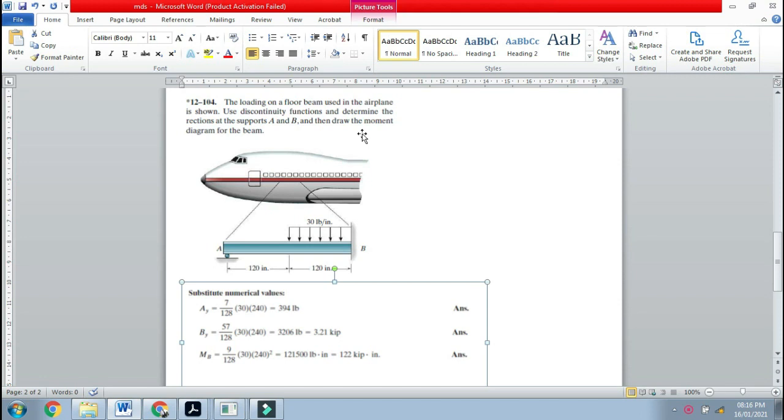Now this is an open-ended problem because they are not giving you any cross-sectional details. We can assume our own, but remember you have to assume a logical cross-section, otherwise results will not be as per what is given in Hibbeler. The assumption has to be logical, and you can have variable results, it doesn't matter, as long as you know how to solve the problem, that is the real thing. So we start with